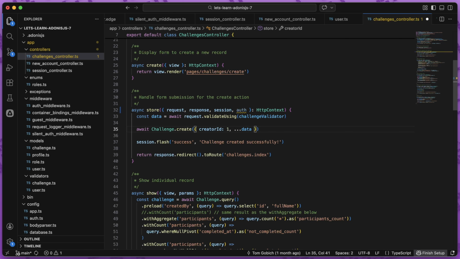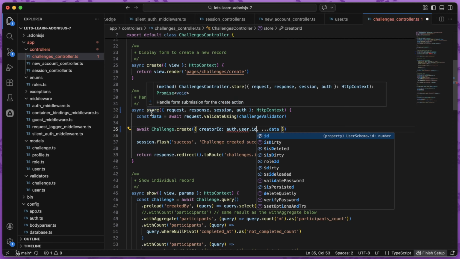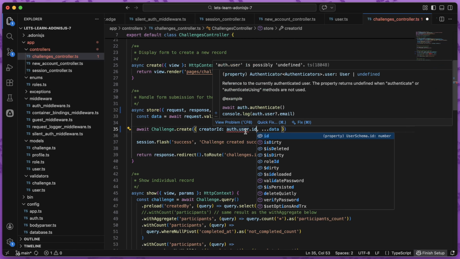And as we've already discussed, we can access the authenticated user by doing auth.user. So to get the authenticated user's ID, we would then do auth.user.id there. We know that we have this particular method within our route definitions protected now by the auth middleware, requiring an authenticated user in order to access this particular method and route handler. The auth module, though, isn't able to intuit that, so it's going to leave the auth user as possibly undefined